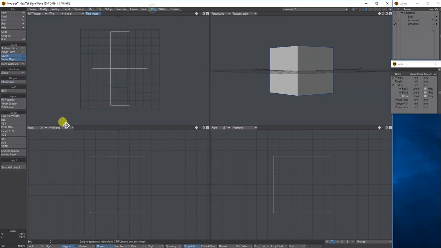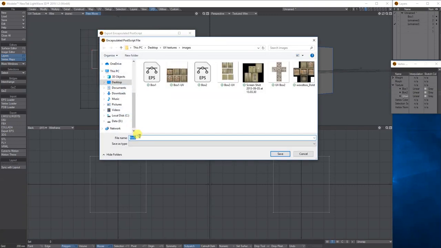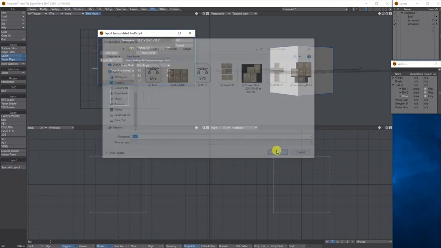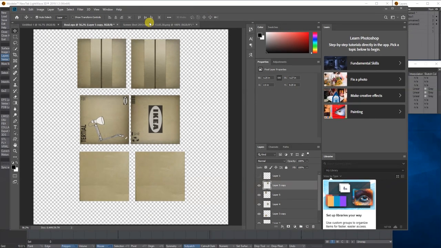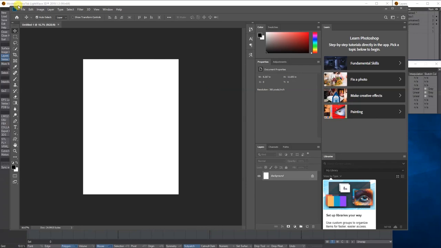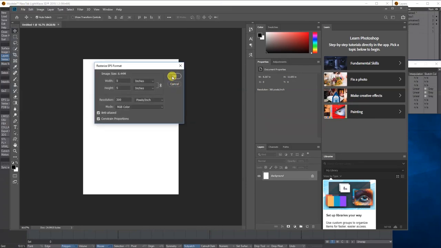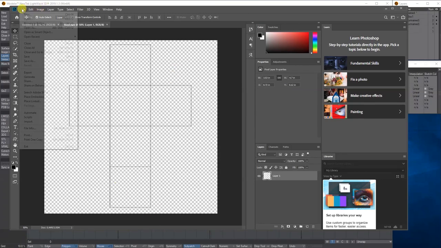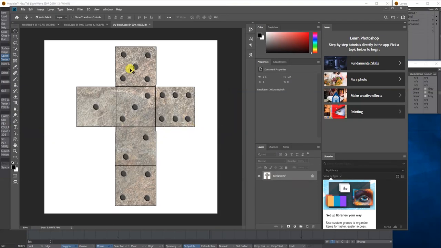So IO, export into the same folder, number 3, save it, go back into Photoshop, don't want any of these, let's open up number 3, same settings, and then just get the next texture again, like I've just collected these all off the internet. And this time I've collected this purposely because it's similar.